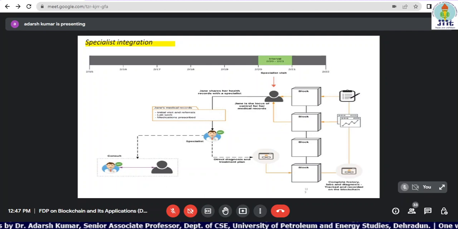Different countries have different healthcare provider systems, and they give different designations as well. So based on the specialization procedure and the patient's needs, a specialized person will be assigned to the patient, and a specialized person might ask for more lab tests which need to be done at a future time, and subsequent blocks will be created. Okay, he can give his own observations. So there are different provisions we can create.